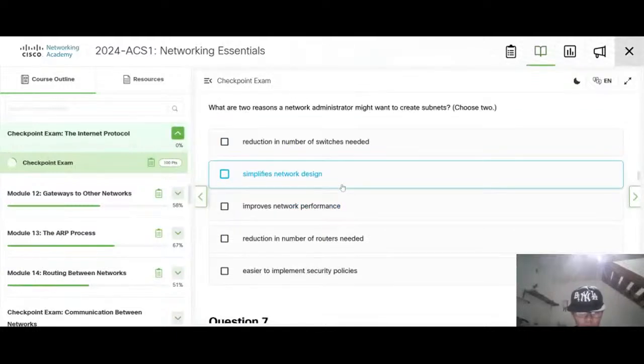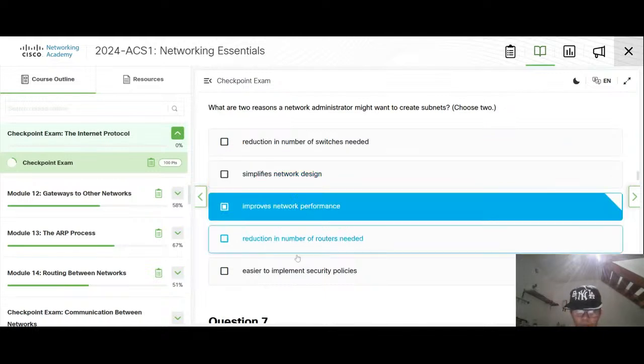Oh no, this will be more complicated. Improve network performance.